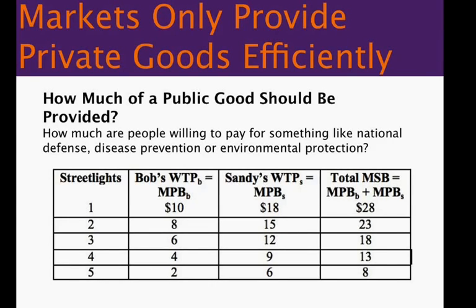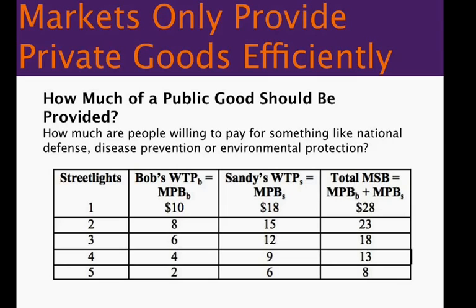Again, we're doing this little situation, so bear with me. Bob and Sandy, the only residents, are going to tell the government what they'd be willing to pay for each streetlight. Their WTP, or willingness to pay, is also each resident's marginal private benefit. Remember, marginal private benefit, not external. So we're dealing with the marginal private benefit of having the next light installed. The willingness to pay is equated to the marginal private benefit of having the next light installed. Okay, we got that?